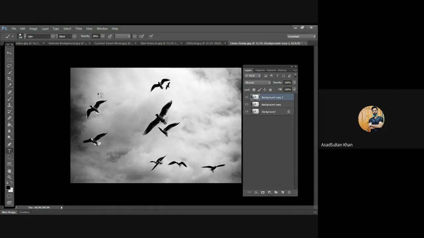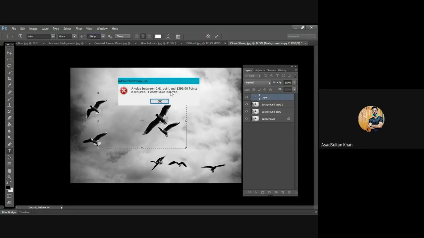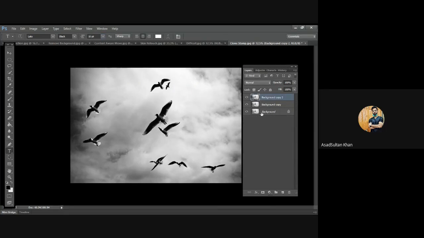So if I select any text and I make a text upon it, और मैं उस पर कुछ भी लिखता हूँ, let's say so anything that I do on the pictures, मैं layers create कर रहा होता हूँ. So this is background, this is background copy, this is background copy.